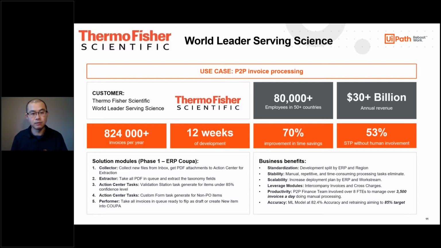And clearly this for Thermo Fisher has been a massive success even from the initial implementation and allowed them to achieve significant value right from the get-go. So you can start to see how document understanding can come together and really help enhance what the robots are able to do and yield real business benefits for our customers here.